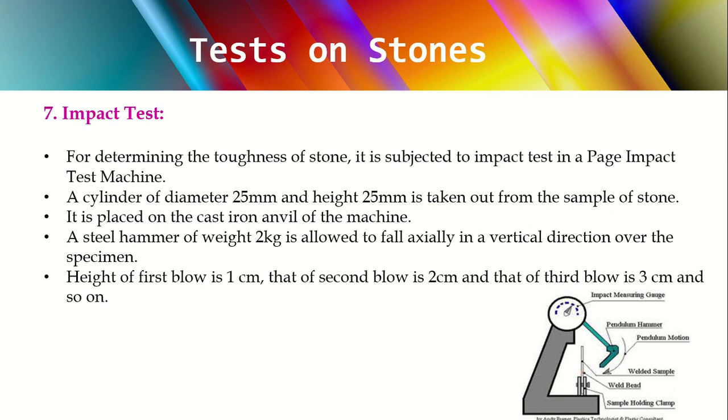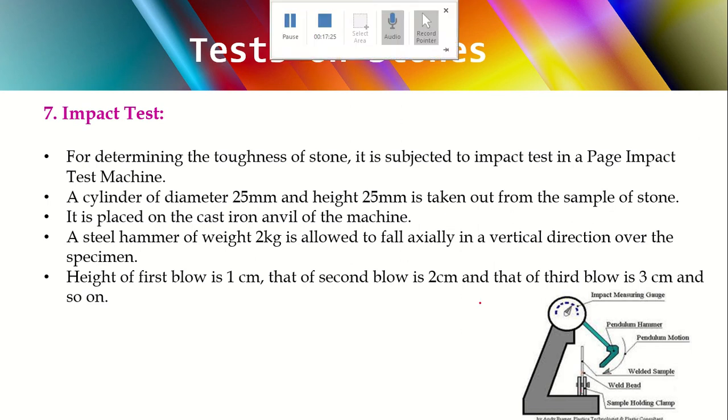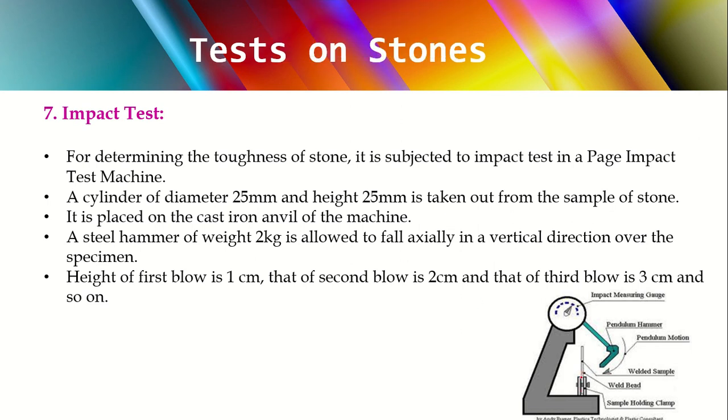Okay. Now take the same cylindrical sample we used in our earlier hardness test. I mean the same identical sample, not the same sample. The same identical sample means a cylindrical sample whose diameter is 25 mm and height is 25 mm. Then you will be placing it here. You can see my cursor, right? You have to place your cylindrical sample here.